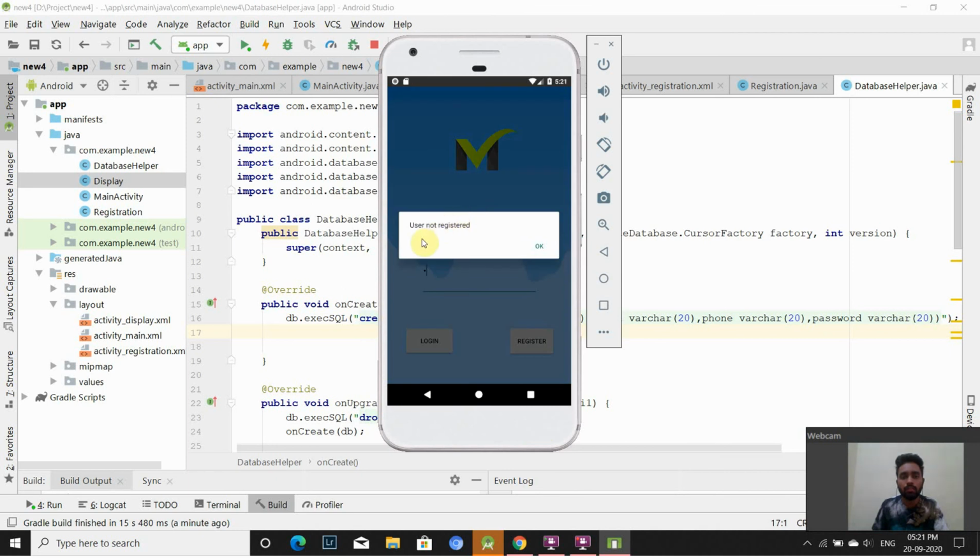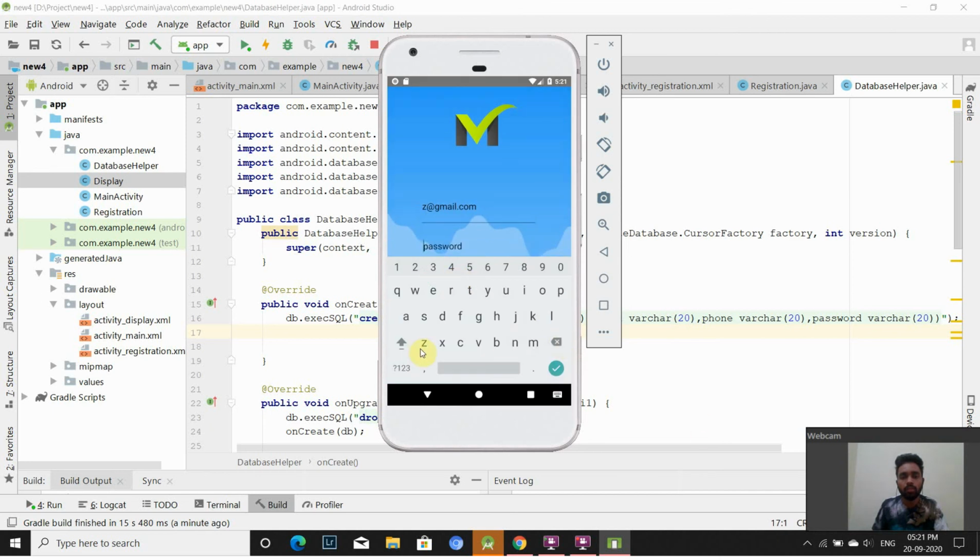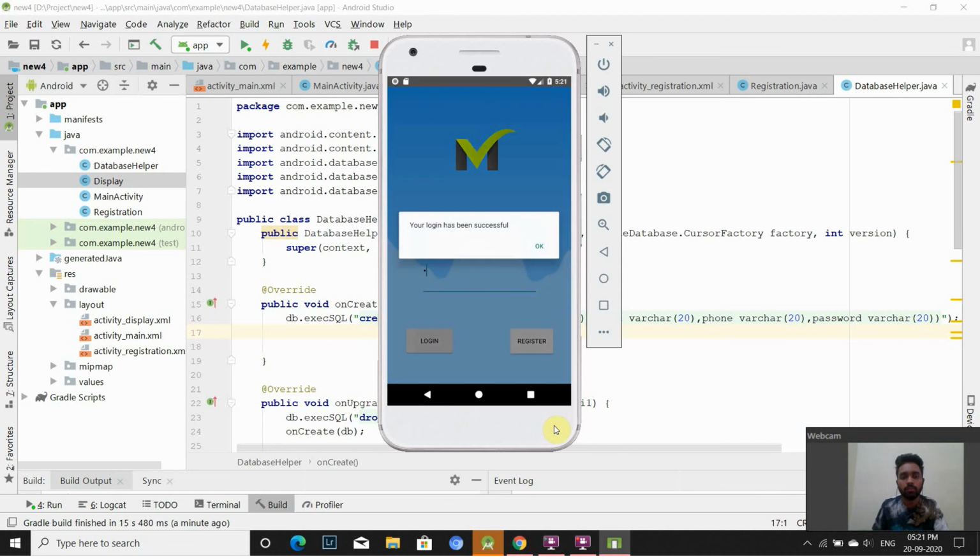This is telling that user is not registered. That means our programming is working. Now we'll put Z as the password. Yes, after giving the correct email and password, it is telling your login has been successful.